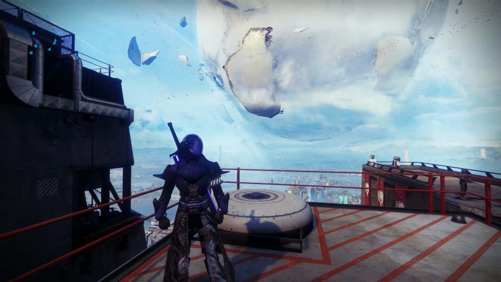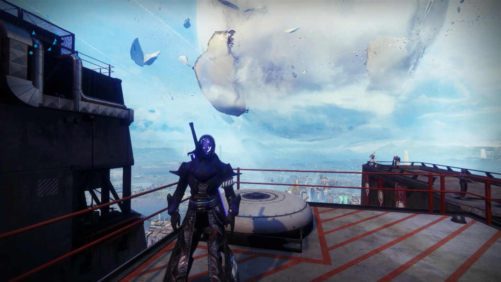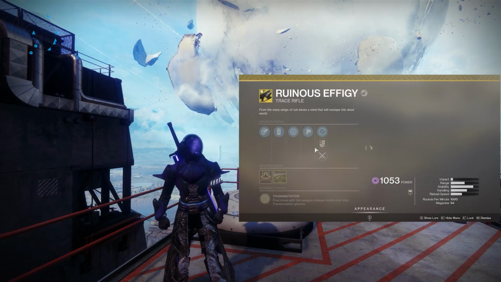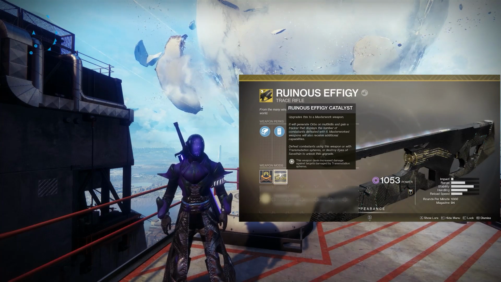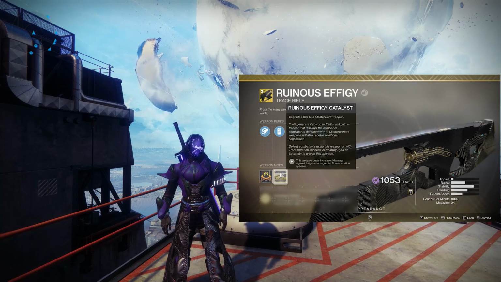Now if you haven't gotten it to drop, all you have to do is kill an enemy with the weapon and it should drop right away. If you don't know what the catalyst does, it pretty much increases the damage of the weapon on anyone that has taken damage from a transmutation sphere, which is actually a pretty significant effect as it applies to other players